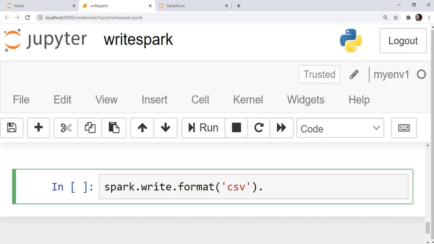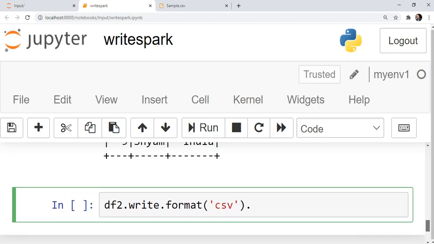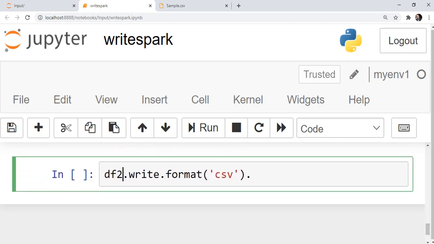Now you just have to give a location, the path of the directory where you want the output of the data frame itself. Instead of Spark, it's the data frame name, df2.write.format. Okay, let's try this. Format CSV, save. Let's see what happens.